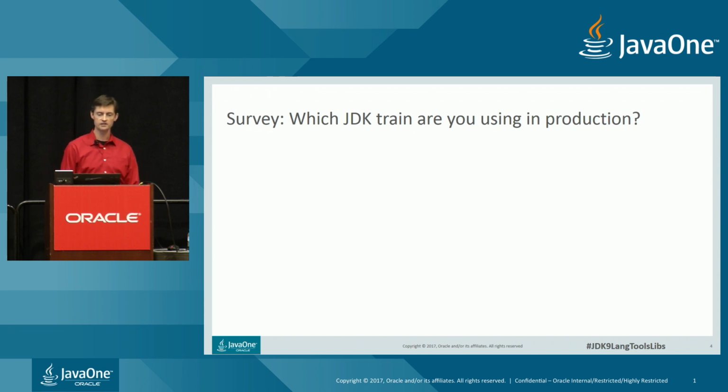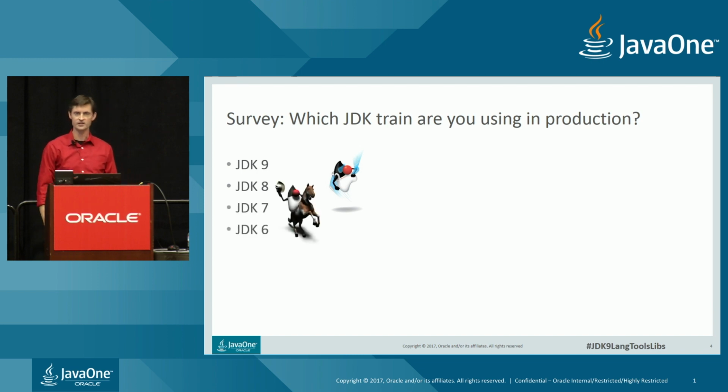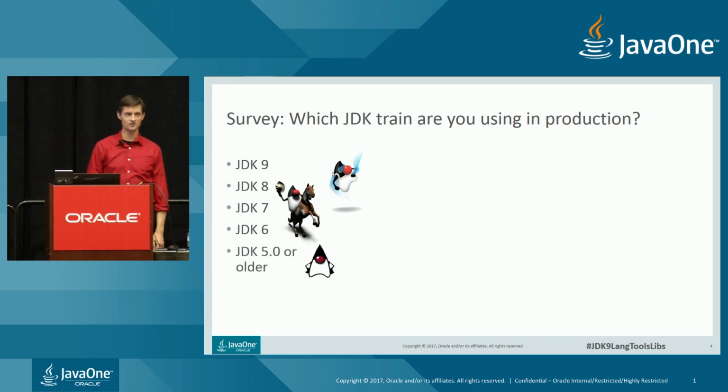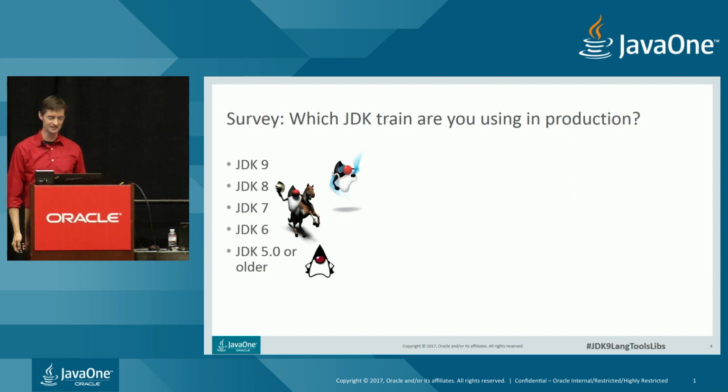A quick survey before we get started. Which JDK train are you using in production? Are there any very early adopters on JDK 9 yet? Well, that's understandable. How about who's downloaded the JDK 9 JDK? All right, that's good. Maybe some more people after the talks at the conference will download it. JDK 8 in production? All right, almost everyone. JDK 7? All right, about a quarter. JDK 6? One or two stray hands. Now we're all friends here. So who will admit to using JDK 5 or older in production still? All right, a few honest people in the audience, yes. Those were great releases, but we have many features since then, so hopefully you'll be able to try those out soon.